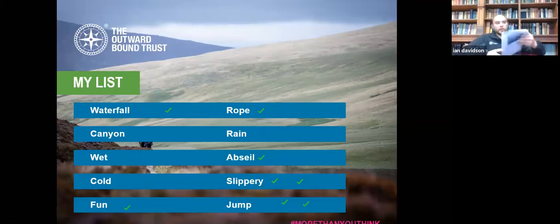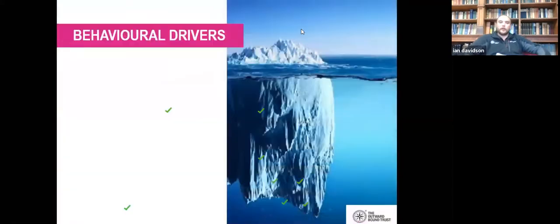It's a useful analogy for thinking about the type of things that can drive our behaviour. Hopefully we're all familiar with the iceberg concept of there's a little bit above the surface and an awful lot below it. This is useful to think about how behaviours drive us.